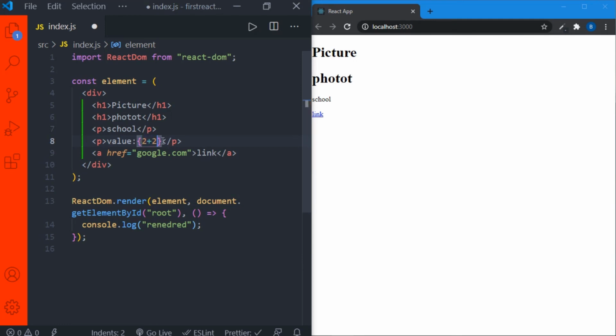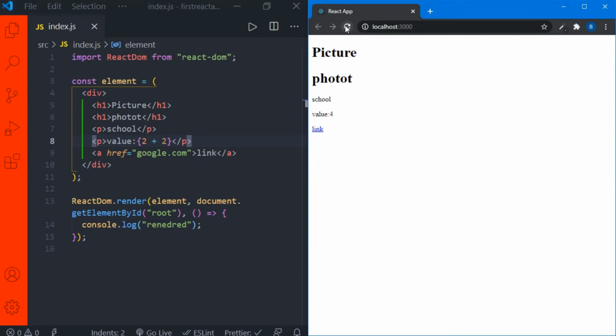So now just press Ctrl S to save and refresh your browser. See, you can see 4 over here. So like this, if you want to write JavaScript inside JSX, you can just specify it in curly braces.